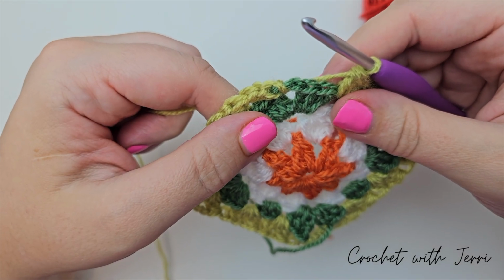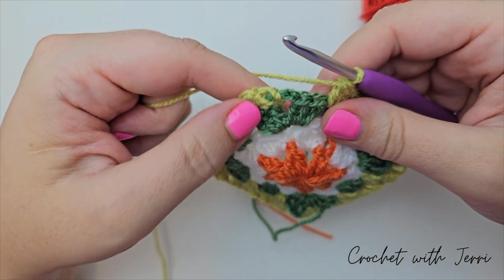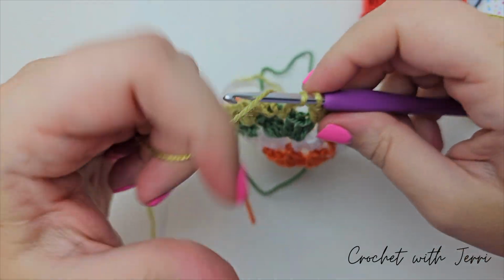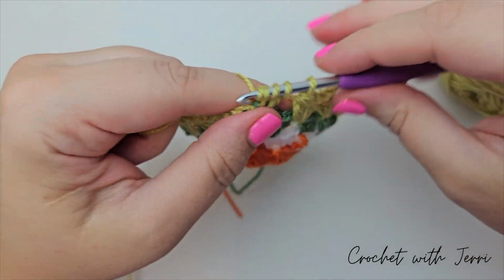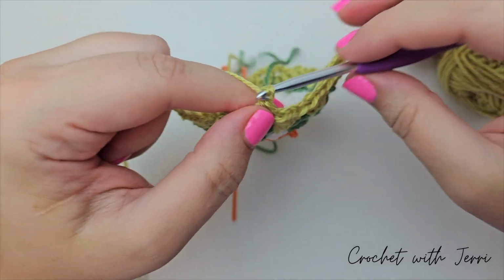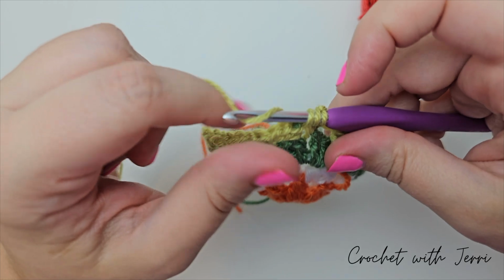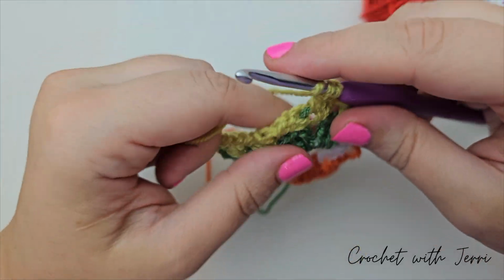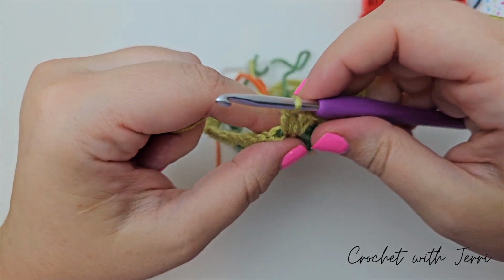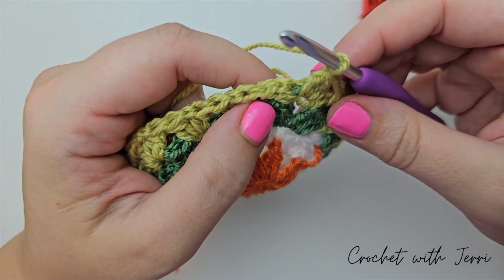So into that corner we are doing treble 2 cluster followed by 2 chains twice. So 1 cluster, pull through 2, pull through 2, pull through 3, chain 2, 1 and 2, another cluster, pull through 2, pull through 2, pull through all 3, chain 2, and then we need to do a slip stitch into the